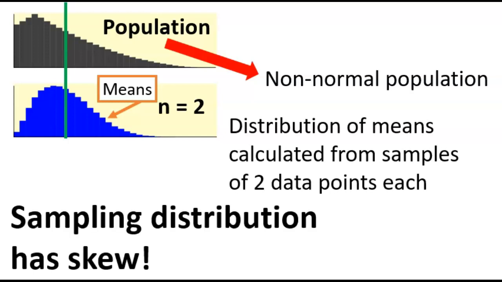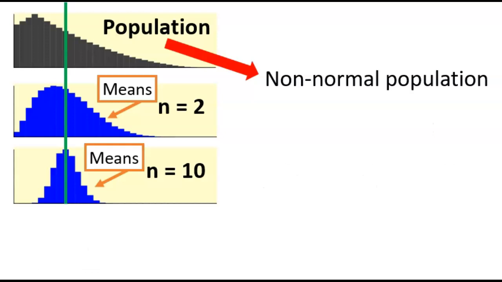But as I said, a lot of times either we don't know or we suspect that it might not be a normal distribution. So it's dangerous to sample very small numbers because typically small sample sizes, if you're taking the means, will model kind of the shape of the population. So if the population is skewed right, like this one, the means of sample size 2 are kind of skewed right. Now, if you go to samples of 10,